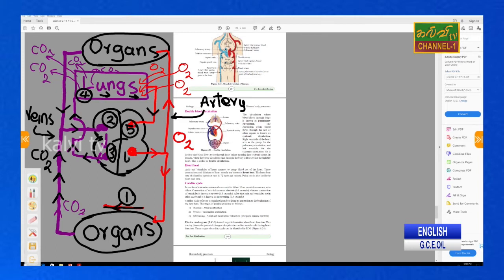Right, move to 6. Then come to 7. This is 7. Here, how many times, when it's transported through the organ, does it enter into the heart? We have to find out. It enters at this time, number 2, that time it enters the heart. Then number 5, that also enters the heart.